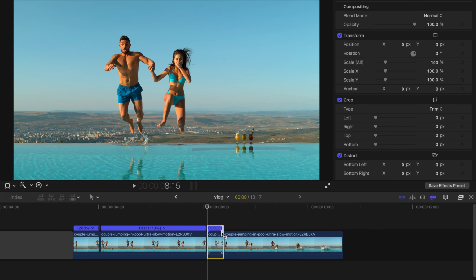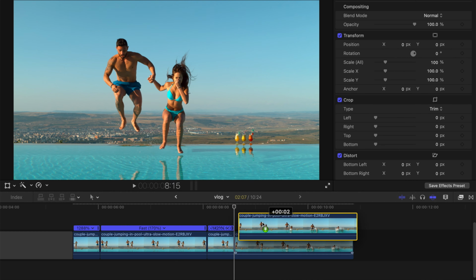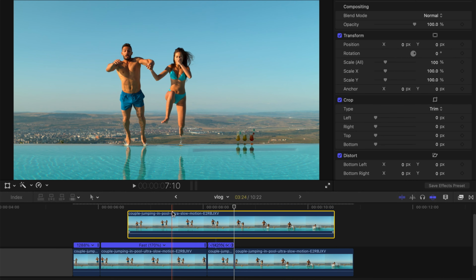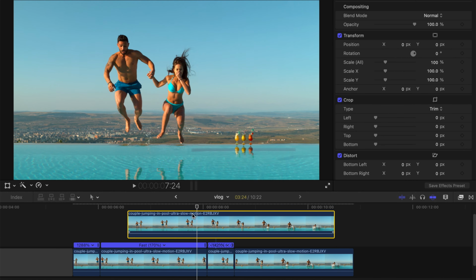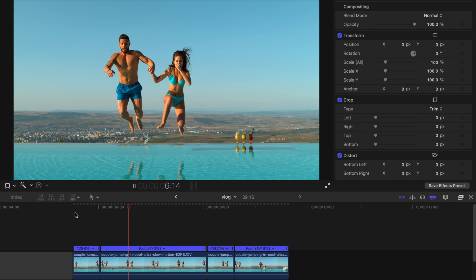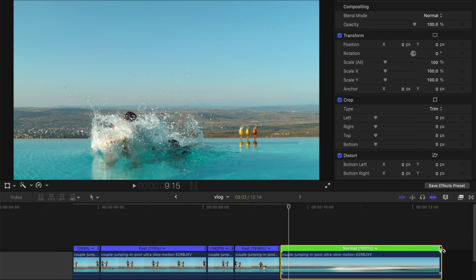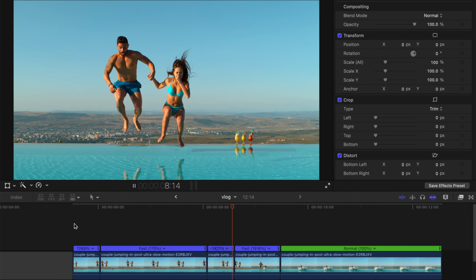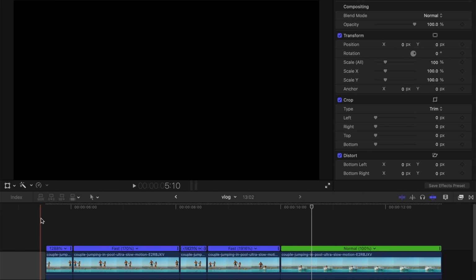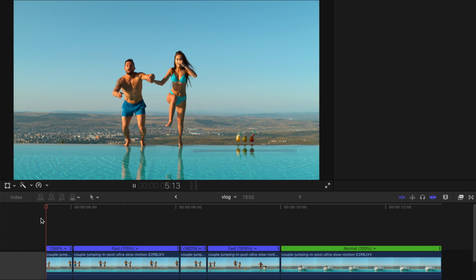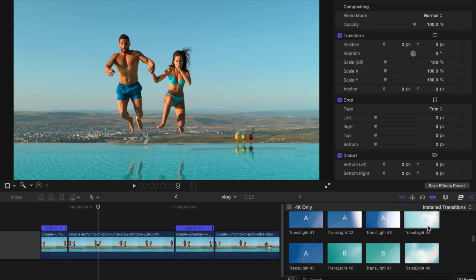And for the final one, I'm gonna just create duplicate and do some slight adjustments, fast forward a little bit more, and cut the end and make it original speed, and increase the length for the third one a little bit. And I think that's about it. And I can always add